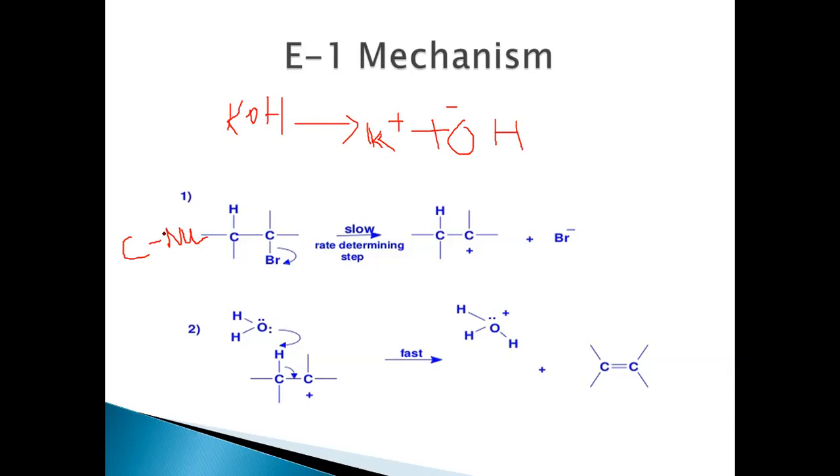Unlike that, here the C-Nu bond breakage is occurring in the first step, resulting in the formation of a carbocation intermediate here. This is the intermediate and not the transition state. So this is the difference between the E2 and E1 reactions here. And this is the slow and rate determining step of the reaction. So the rate of the reaction, as I said, is dependent solely on the concentration of only the alkyl halide